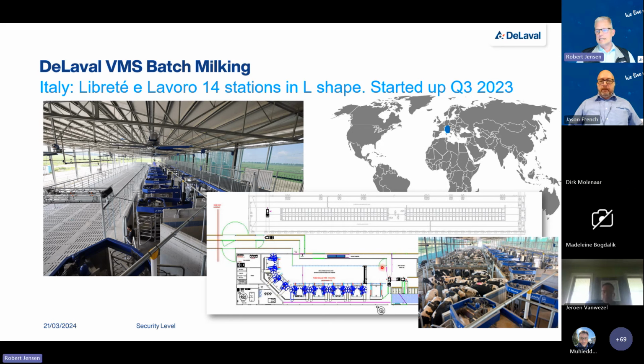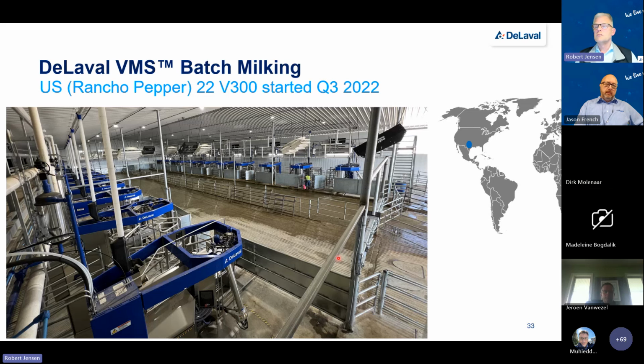Exactly. This is an Italian one. 12 VMSs. The one that I talked about, 14 VMSs. The one with the free milking, 2.6 times a day, in the morning, all cows in the morning and the evening, and then a group in the middle. Rather narrow holding area, and this is a backing gate, but they use it mainly for cleaning up the floor afterwards. So this is a setup that works very well. This one in Italy, where you have the cows coming in from down here and then returning out this direction. So working very well. And then, of course, this one from North America that you...